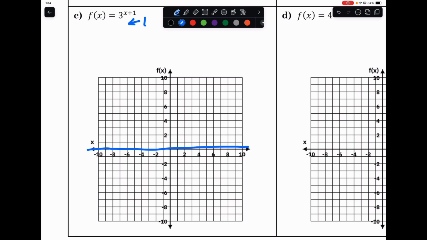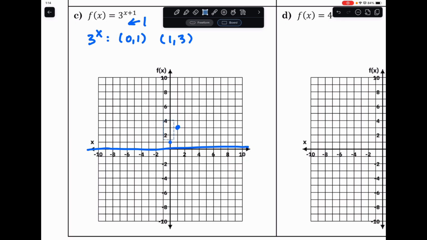But the points are going to be these points right here. 3 to the x normally has a point on the y-axis at 0, 1, and it's also going to have a point at 1, 3. So let me plot those points. Because of this shift, they are going to move 1 unit